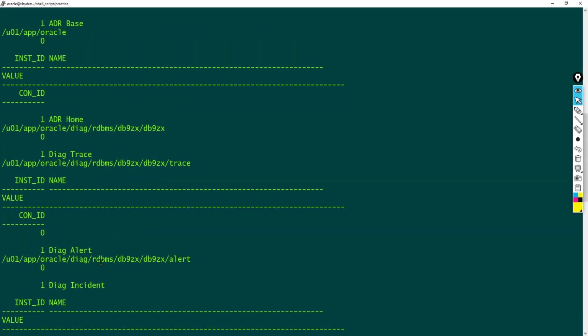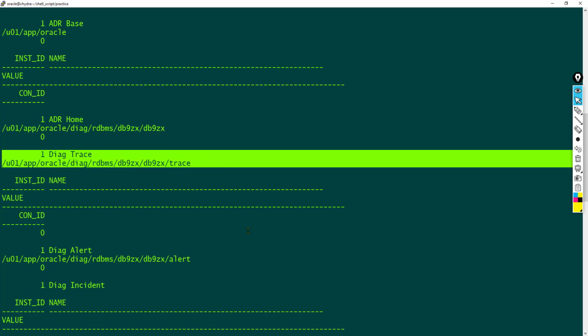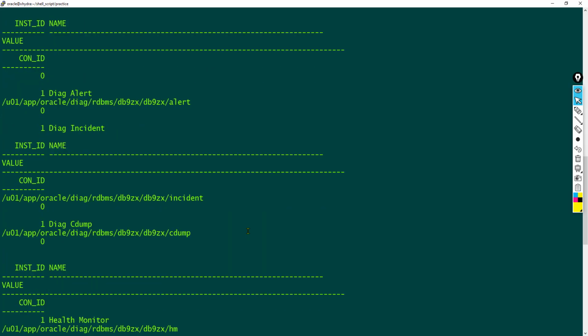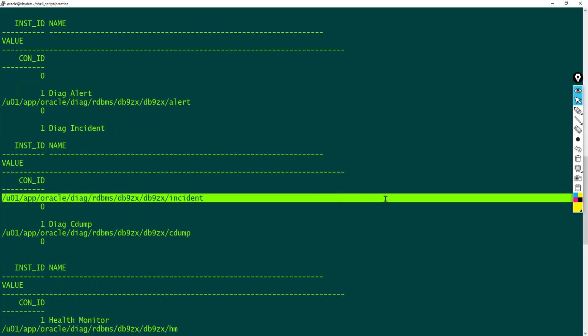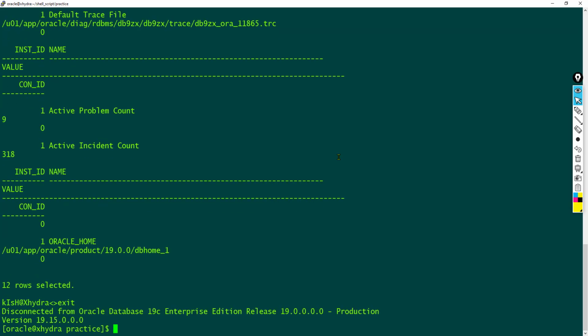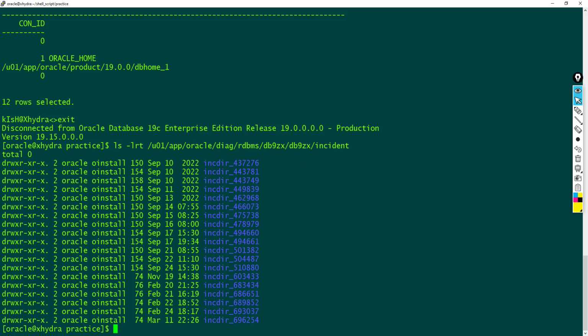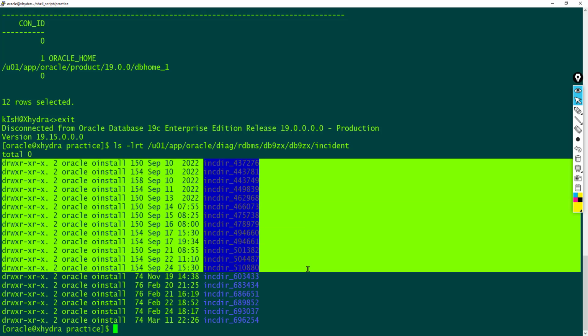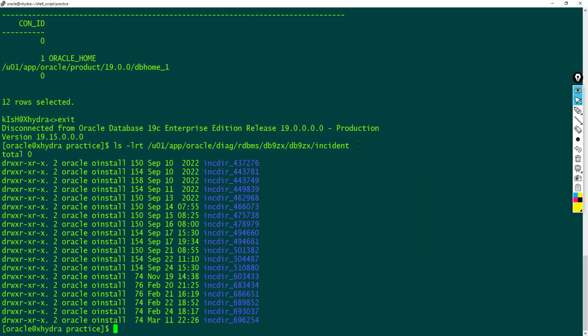So here you need to check diag trace location and incident location. Okay, so just say ls -lrt incident. Here you can see there are multiple incident files, right? So I can also see incident files from before 6 months. So if I don't need these files, I can just remove them using a shell script. Okay, I can also manually remove it, but that is not effective,